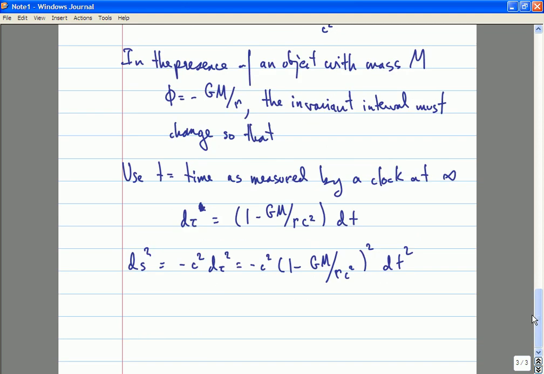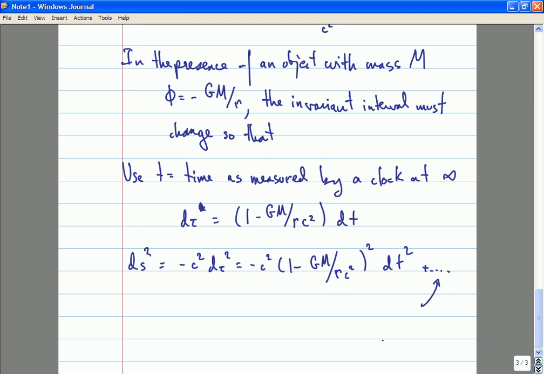And this is the formula for ds squared derived only using the gravitational time dilation formula, that was derived using the equivalence principle, which is good for constant gravitational fields, or nearly constant gravitational fields. So in general, you would expect there to be some corrections to this formula,